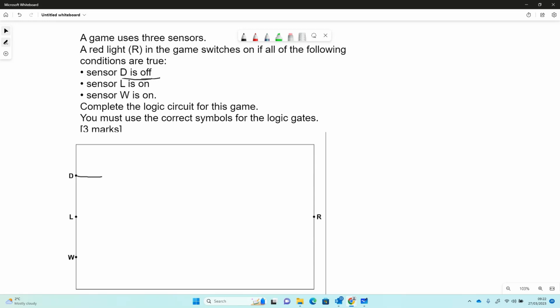So we'll think about how that works. What we need to make sure is that if D is off, we're going to NOT that there. If sensor L is on, sensor W is on. So L and W, they need to be both on. So I put that into an AND gate